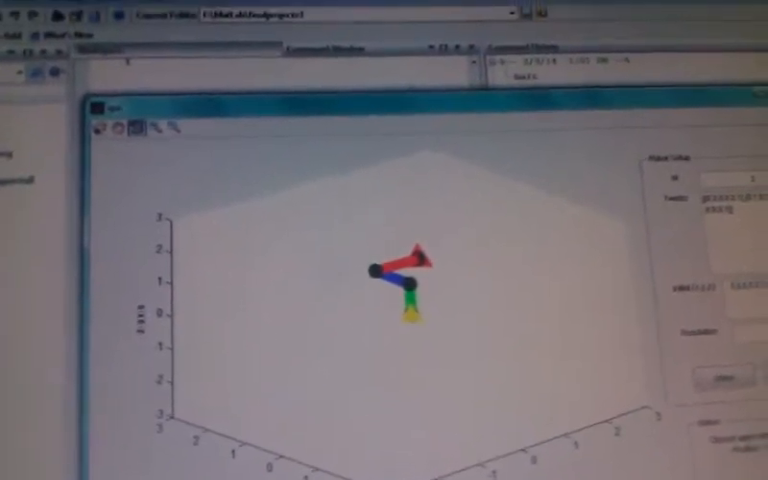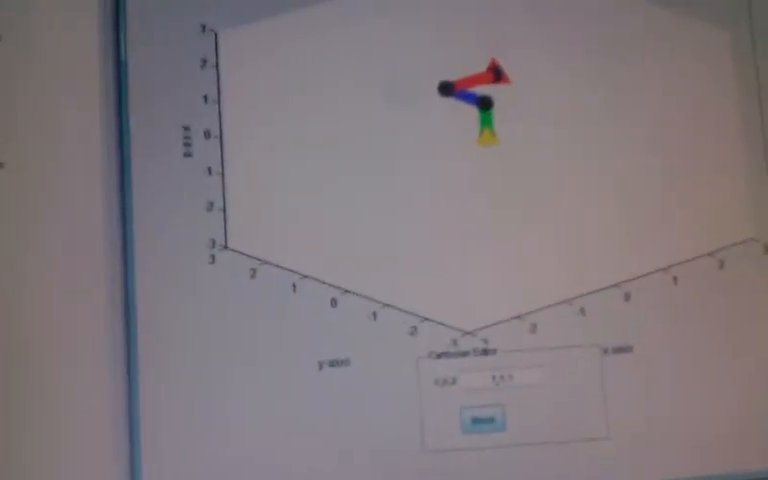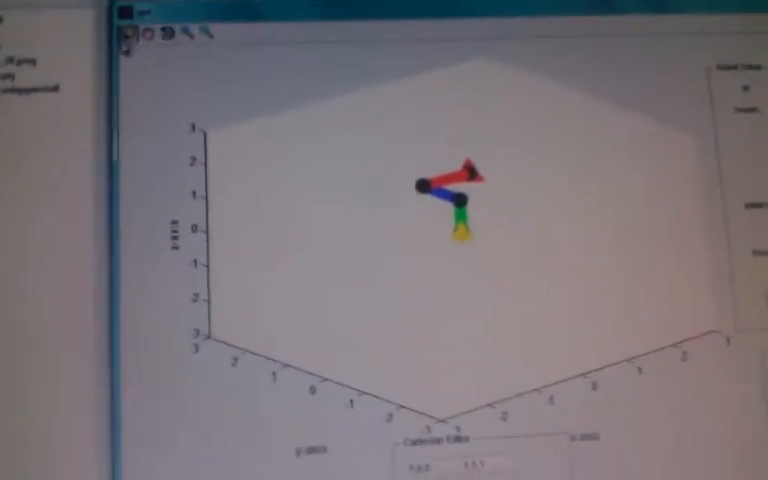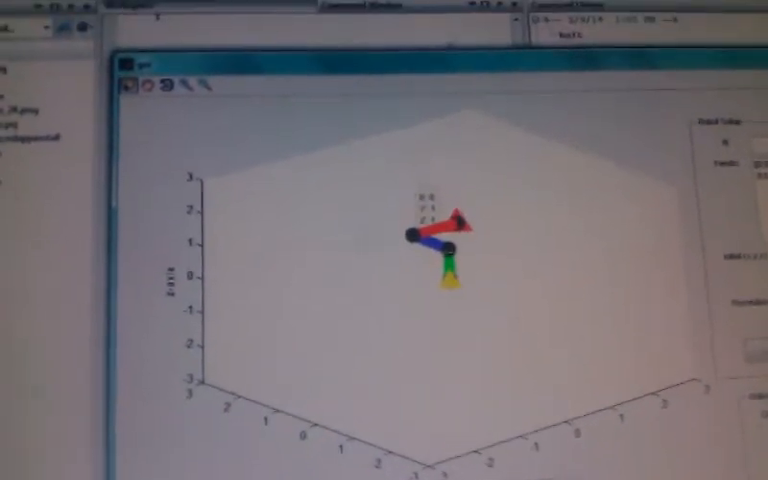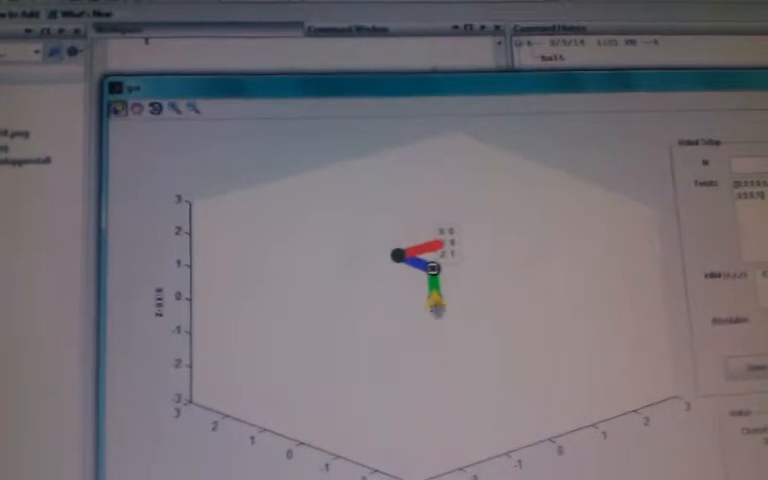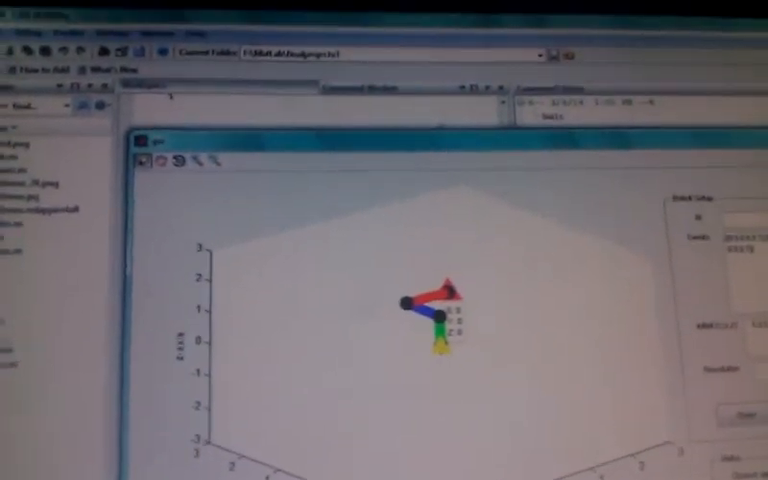Okay, so another position is chosen. So this is the final position, and there are all the joints, and this shows that the lengths are preserved for all the joints of the robot. If I enter -1 in the z-axis,